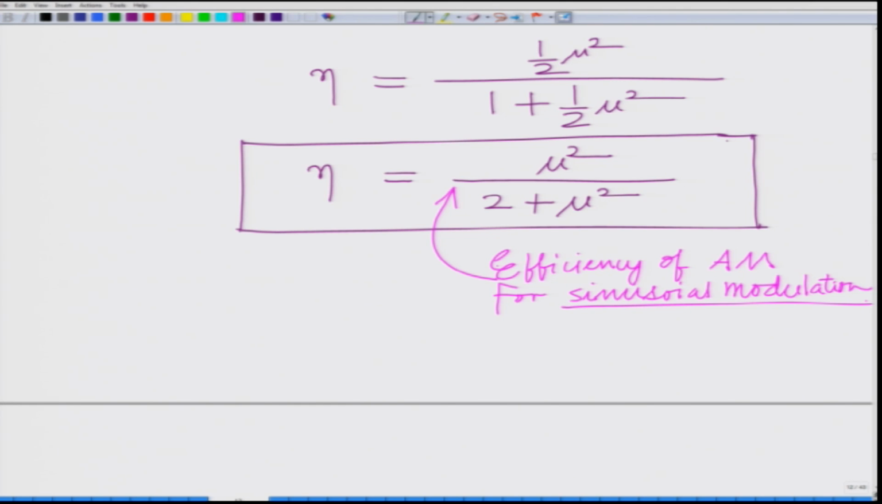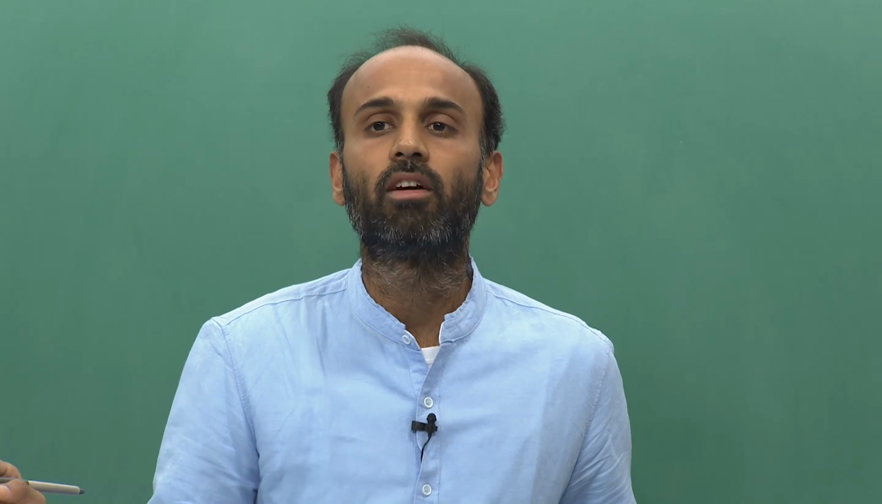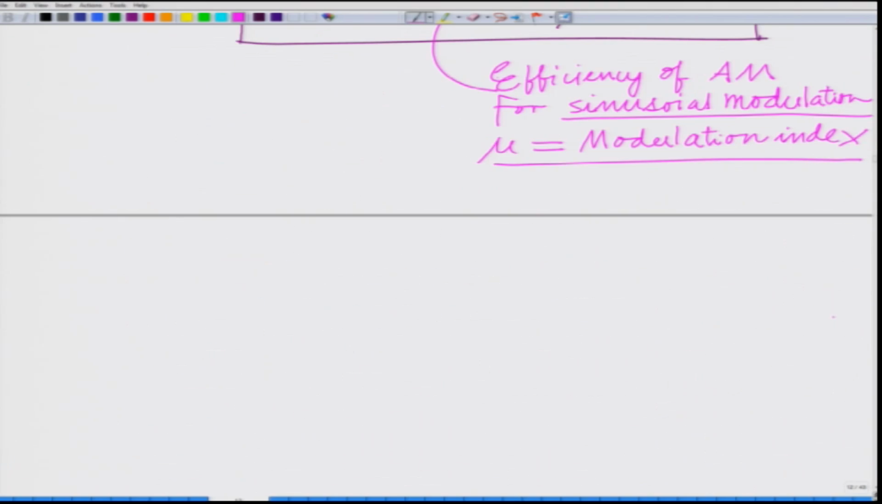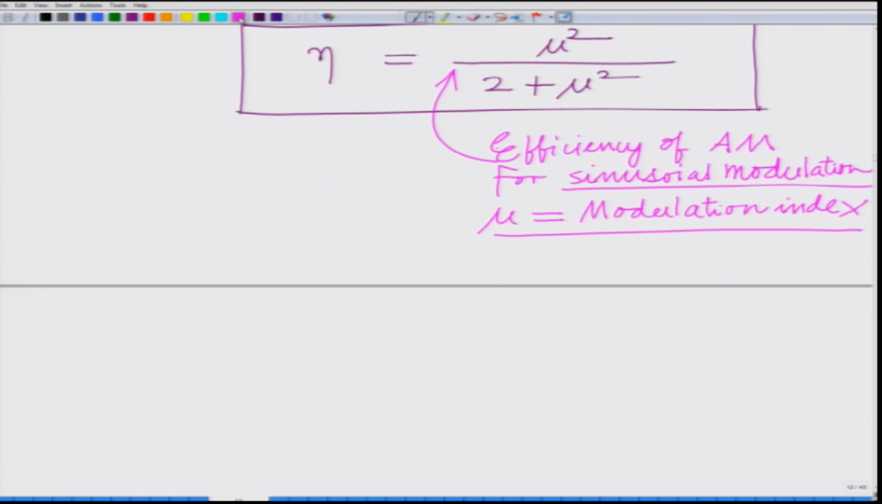This is the efficiency of AM specifically for a sinusoidal modulating signal, where mu is the modulation index, all right, correct. And also now realize that if you look at this expression, eta equals